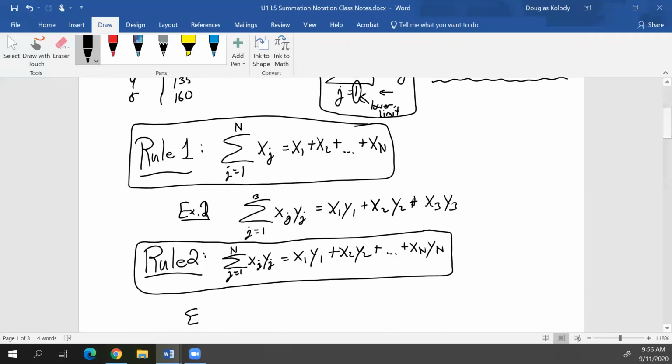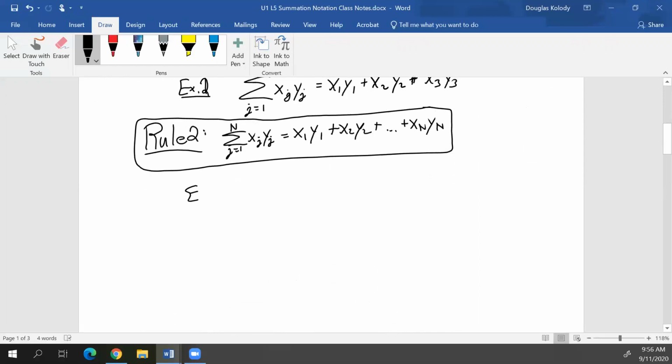So then they're in line. Example 1, rule 1. Example 2, rule 2. Sorry, I'm making this up as I go. Example number 3 will line up with rule number 3. Get what I'm saying? Okay, so what if I say the sum as, let's say, j goes from 1 up